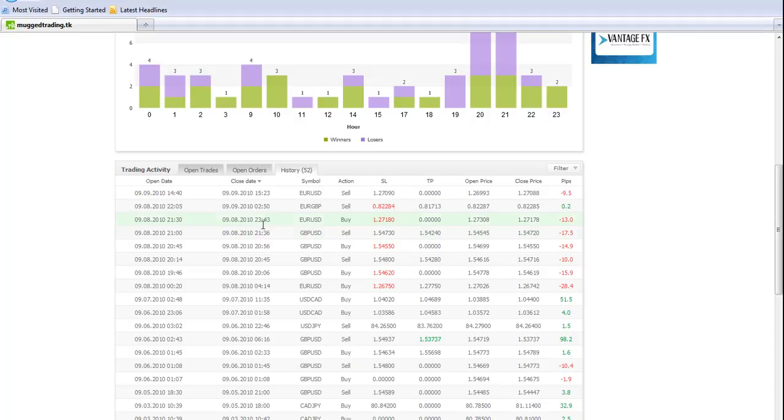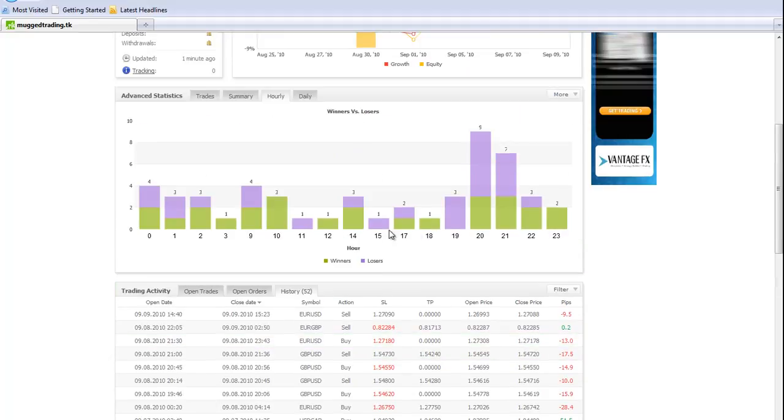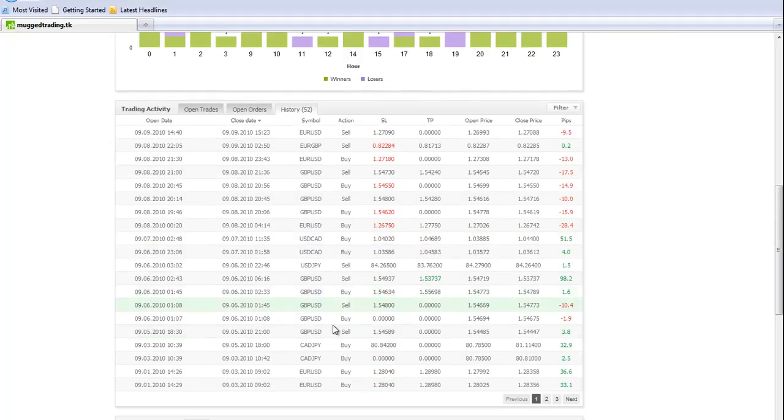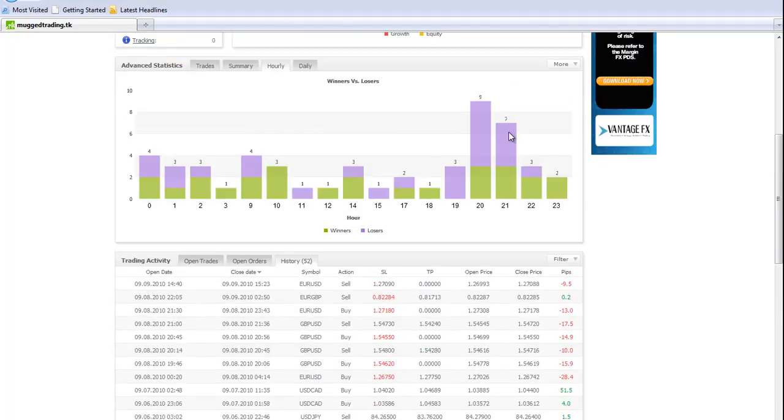And you can see the time. This one was an overnight trade, which we'll ignore. But these ones right here, 20, 20, 20, 21, 23, are in this zone right here. You can't see it, because a lot of stuff is on private. But if I go to the actual dollar amount and see winners versus losers, I can see that pretty much 90% of my losings come from 19, 20, 21.